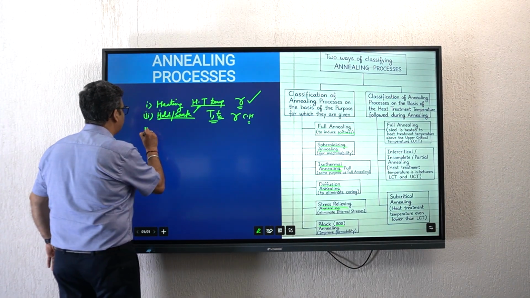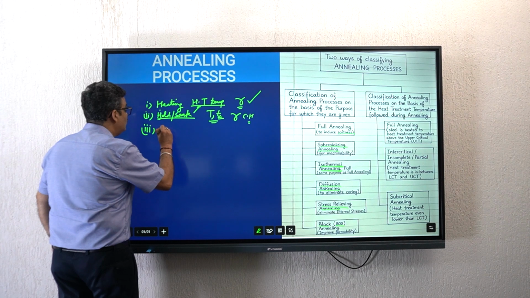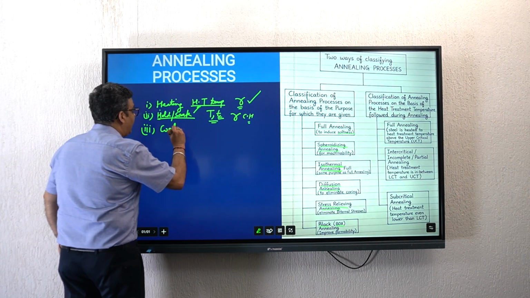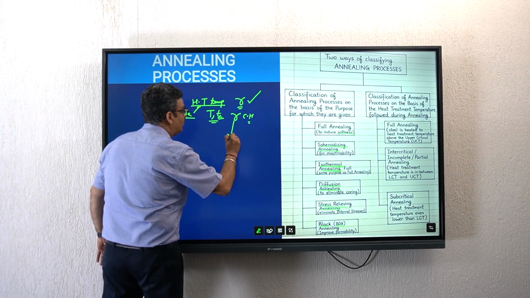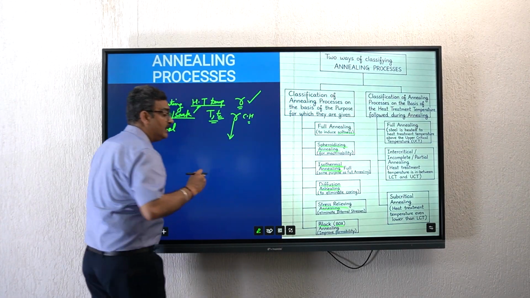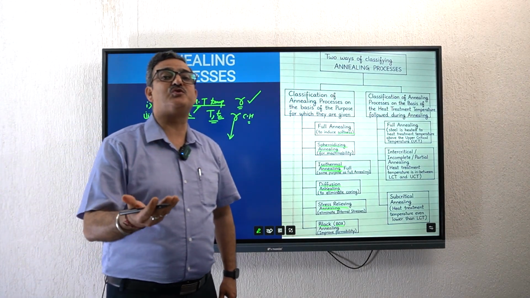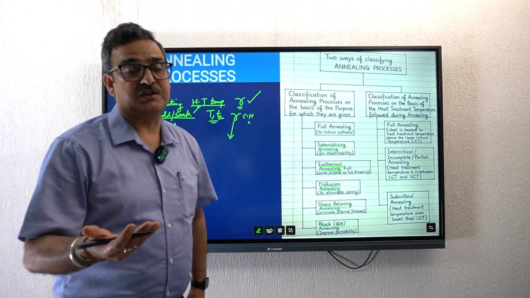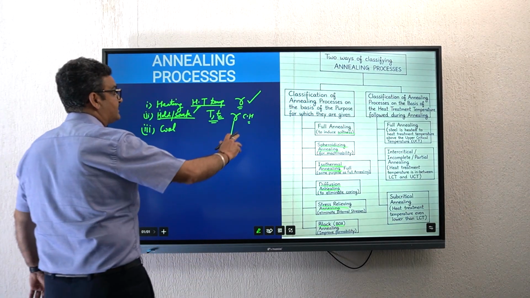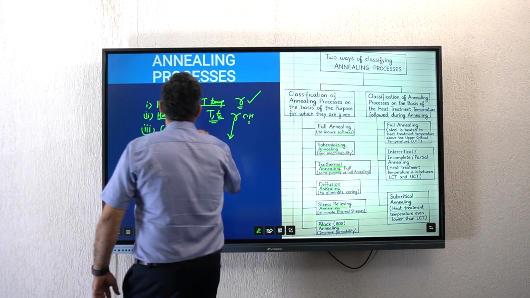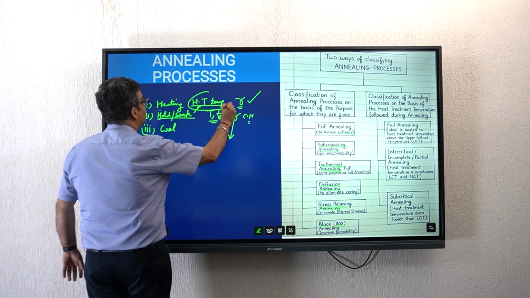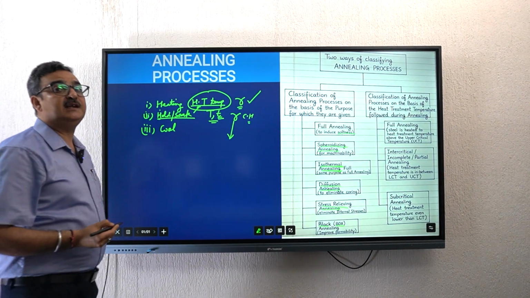In the third step, you will cool your steel with a given cooling route, so that you are able to decompose your austenite into the phases into which you wish to see the microstructure comprising of, right? So this second classification of annealing processes is based on the heat treatment temperature that you take during any annealing